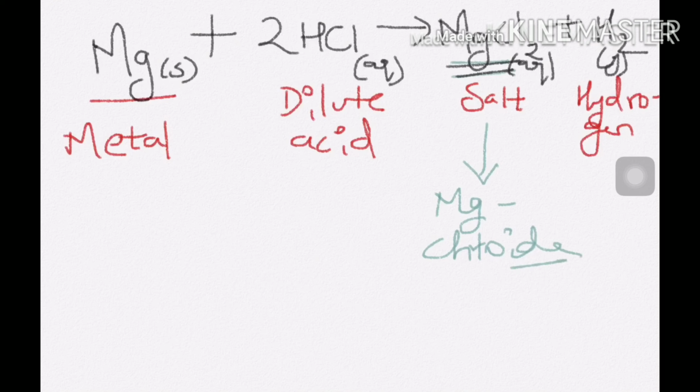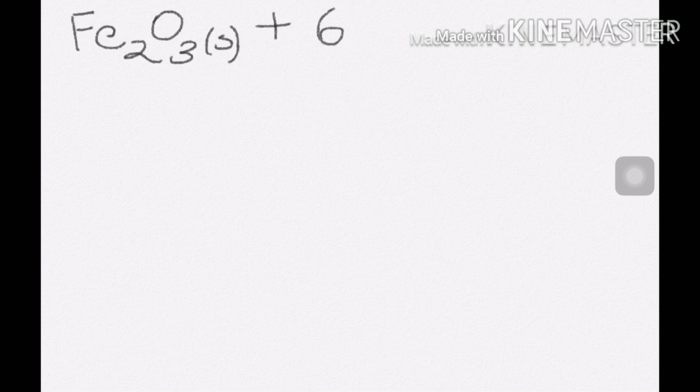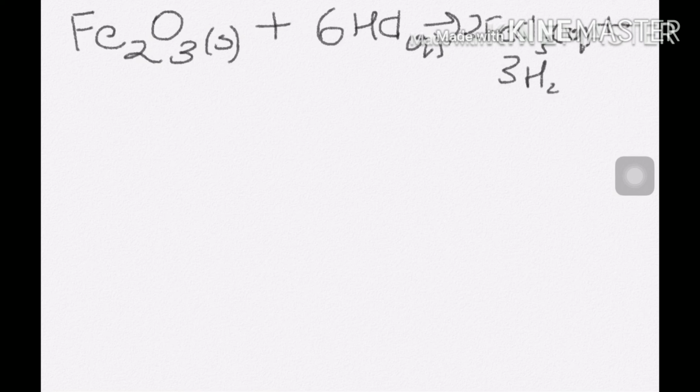So when acids react with metals, they form salt and a gas is released, usually hydrogen. Now again we will see this with the example of iron oxide, which is a metal oxide, solid in state, reacting with dilute HCl. Again we'll mention the states as well: solid, and since it is dilute HCl, it is aqueous, to give out 2 FeCl3, which is aqueous, and 3 H2O, which is liquid.